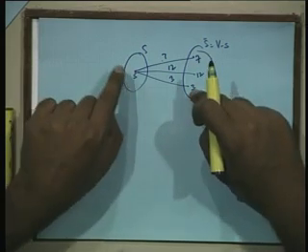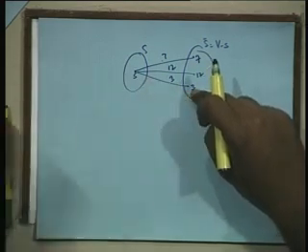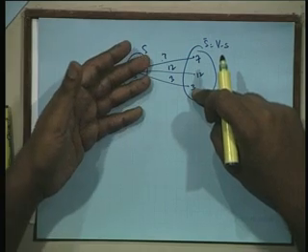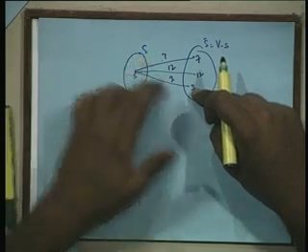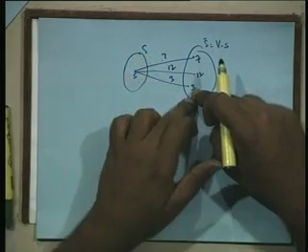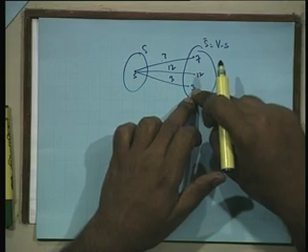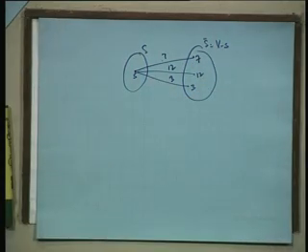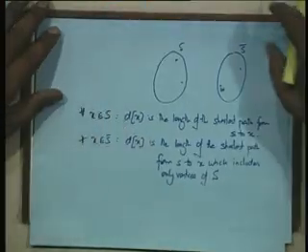Is this the length of the shortest path from S to this vertex which uses vertices of capital S only? Yes. There is no other vertex in capital S, so there is only this one edge, and so it is the length of the shortest path. And similarly for this and similarly for this. So the base case is correct, and at each step we are maintaining these two properties. This is what you have to keep in mind.